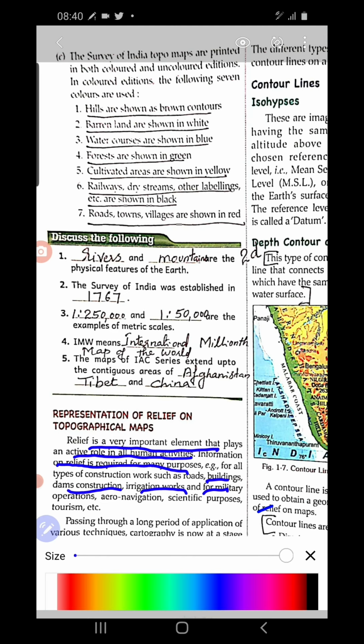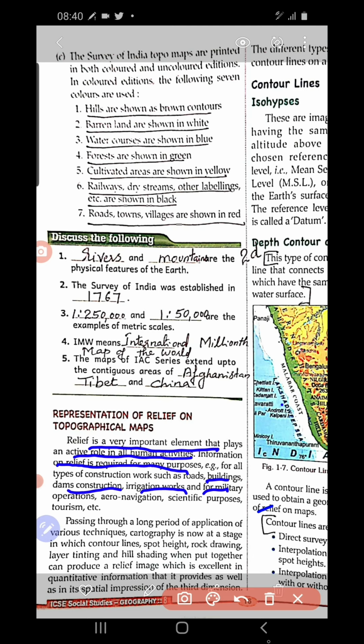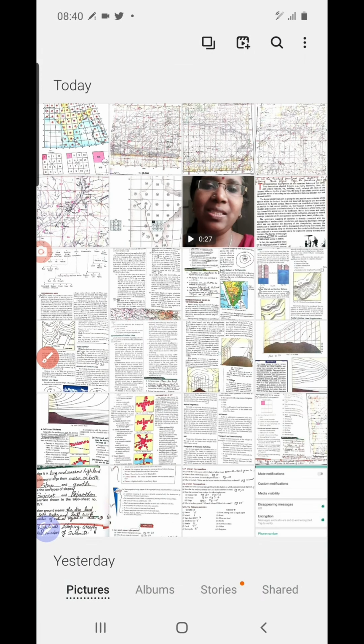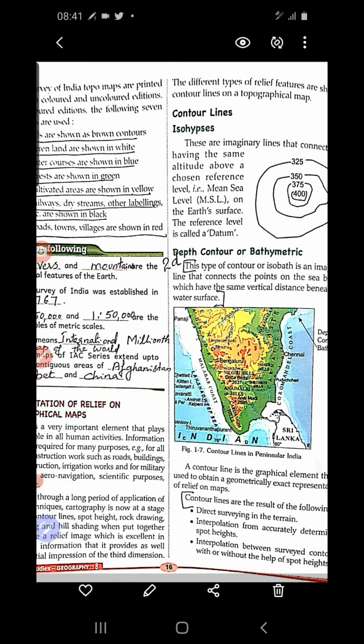Now it is the duty of the cartographer to make an accurate map, so that all the engineers and others, whoever uses the survey map, can do their work following it. So they have to make the accurate map. That is the task of the cartographer here. Then the question is, what are the techniques used by the cartographer to make the topographical map? Mainly they depend upon contour lines.